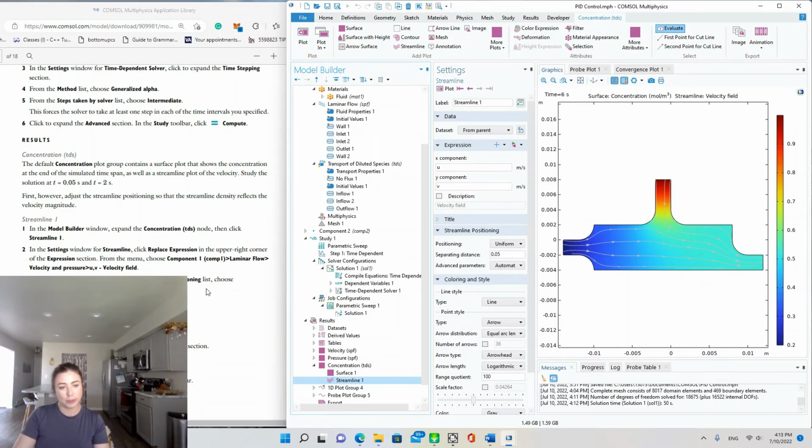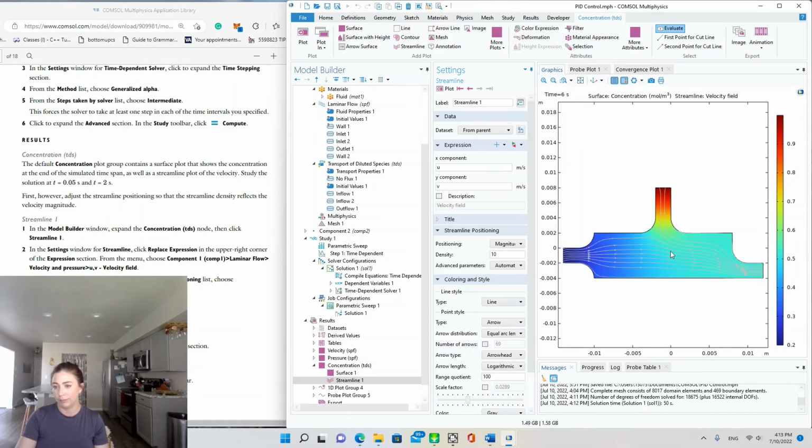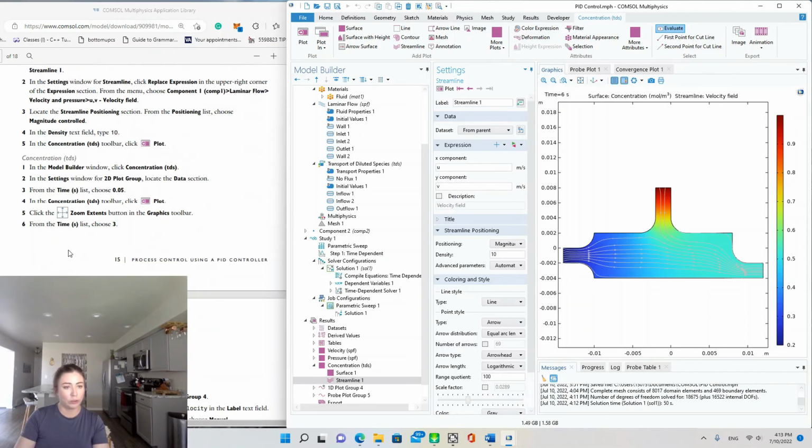Locate the Streamline Positioning section. From the Positioning list, we're changing from Uniform to Magnitude controlled with a density of 10, and Plot. Okay, so there's our new streamlines, and now we're going to,